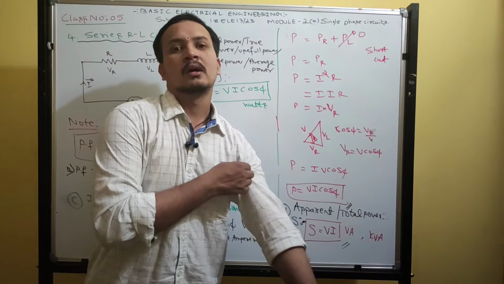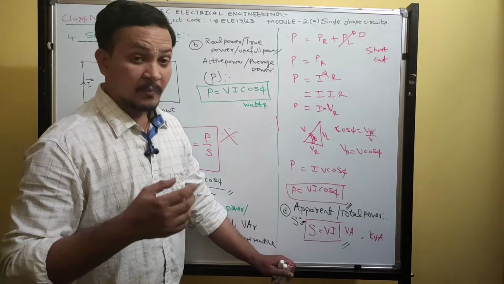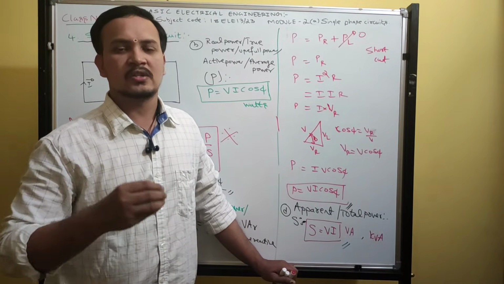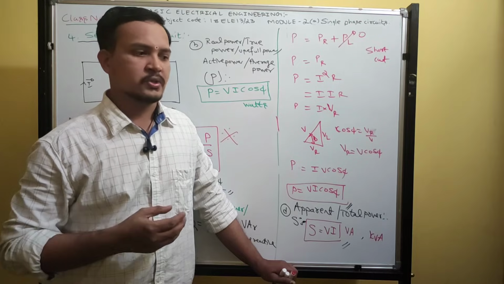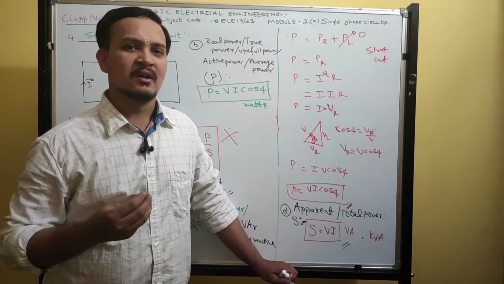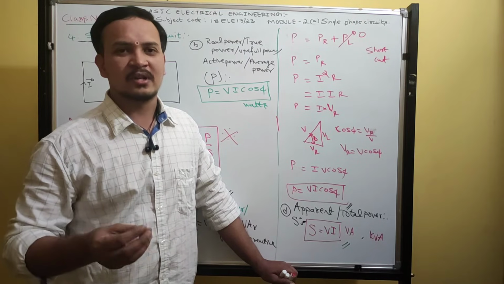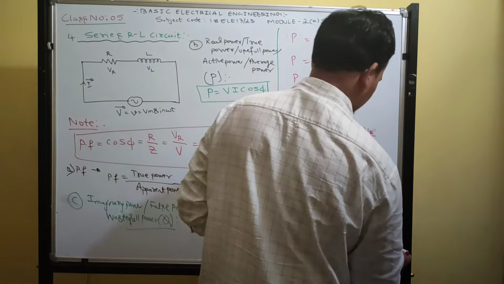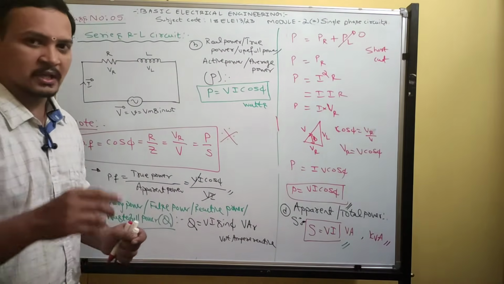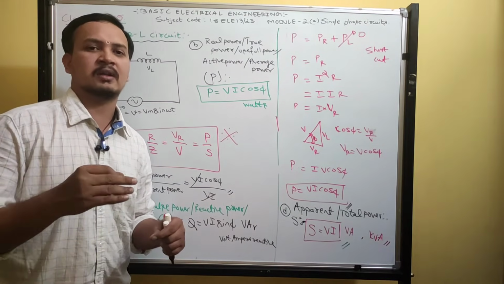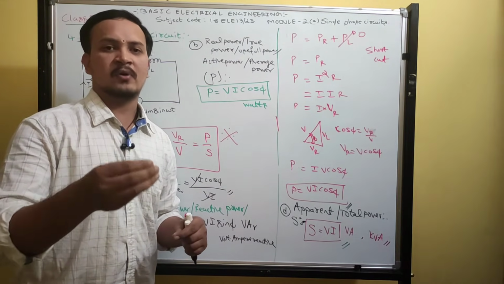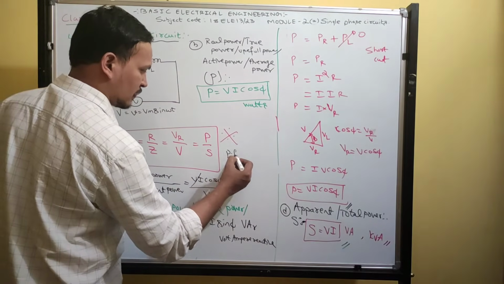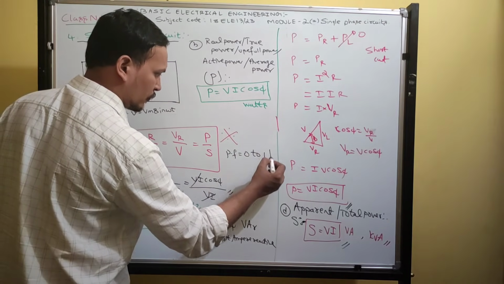In domestic applications, reactive power is banned, but in power systems it is a boon, a God's gift, because we can inject reactive power. In domestic applications, reactive power increases your electricity bill, because it depends on the nature of the load. If you use a highly inductive load, your power factor becomes less than 1, maybe 0.5, 0.6, 0.7. But ultimately the range of power factor is 0 to 1.